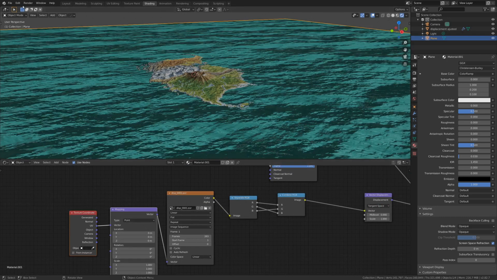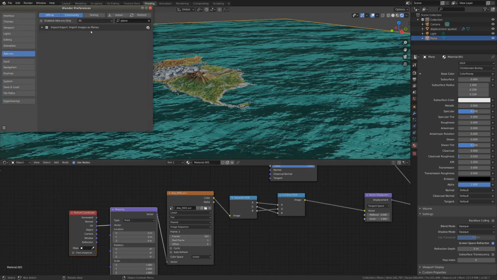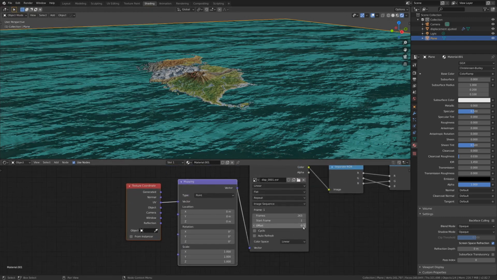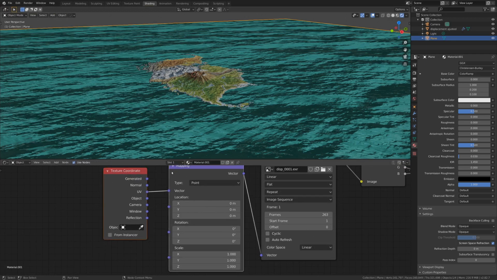If you have Node Wrangler, that is a lot easier. You can just go like, yeah, Node Wrangler. Check that little box. There you go. That makes working with nodes so much faster. So from here, I'm just going to go